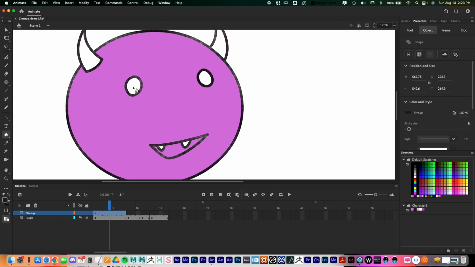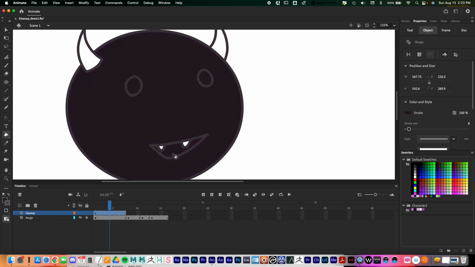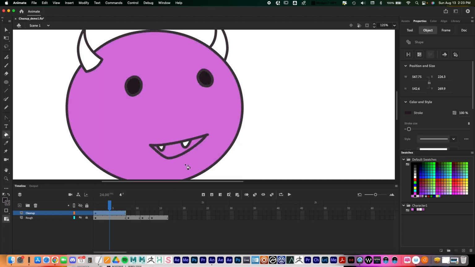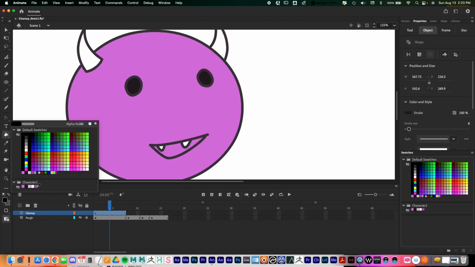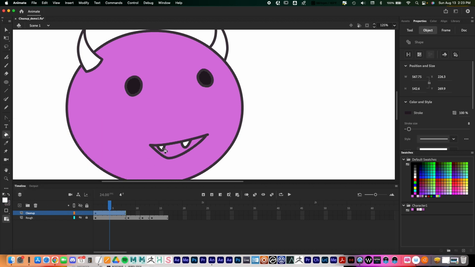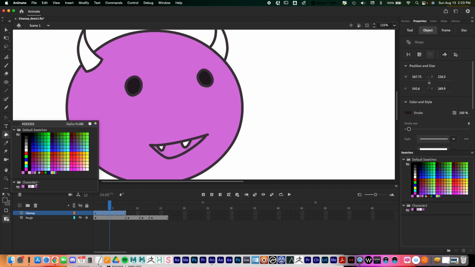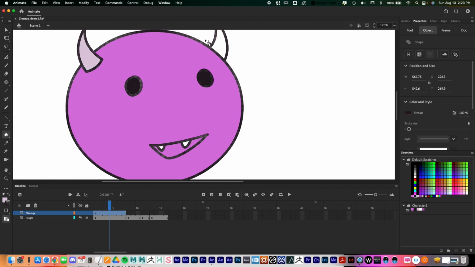I'm going to go to my dark color. I'm going to use dark eyes right there. And this is actually good that we're having a problem right there, so I can show how to problem solve that. For the teeth, I'm going to keep those just plain white, so I'll fill those in right there. And then for the horns, I'm going to use a lighter pink. So I'll click in here, and again, notice I'm using my palette right here for all this. Okay, so let's look